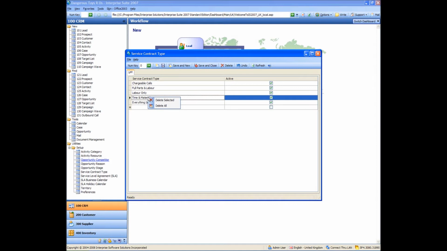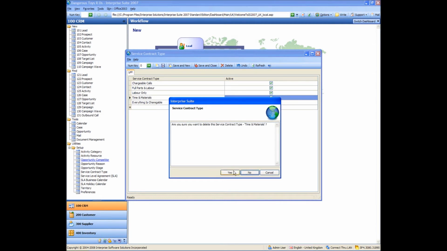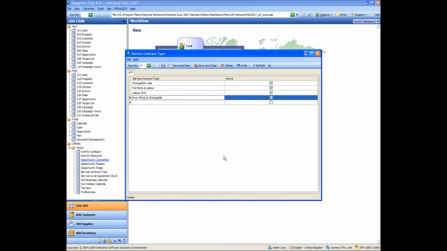So I'm going to right click on the time and materials record and go delete selected. And it asks me if I definitely want to do that. I do, and then it's gone basically. And then I can save and close out of here. The other way I could have deleted that record is to highlight one and use the delete on there. But using the right